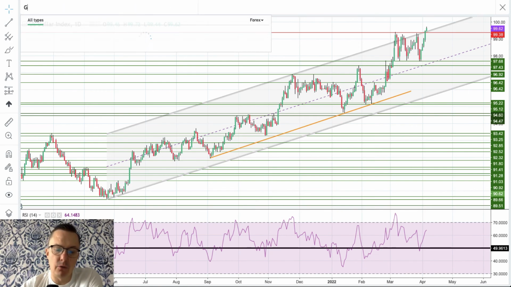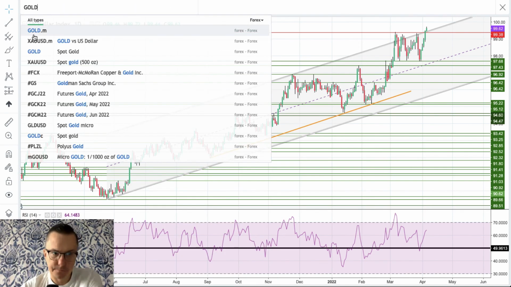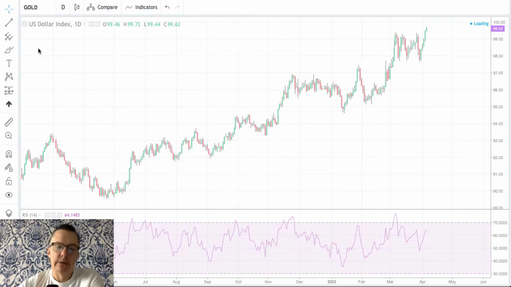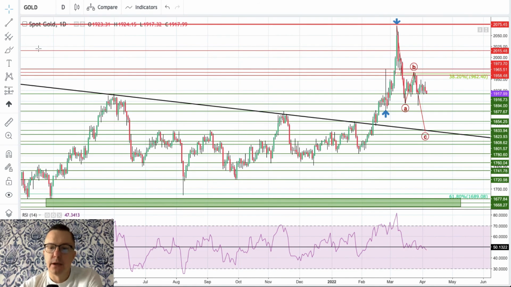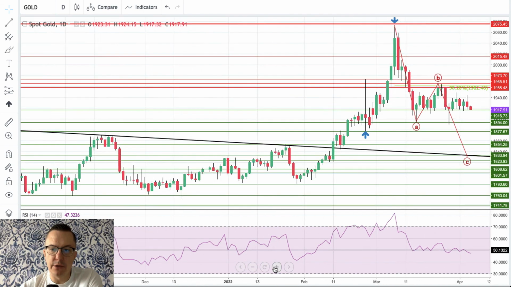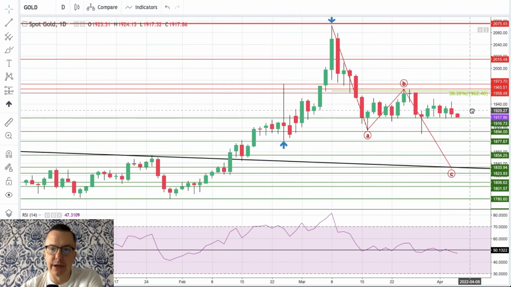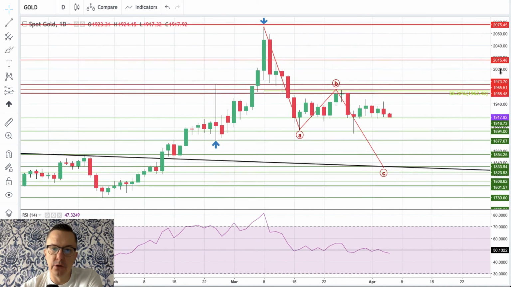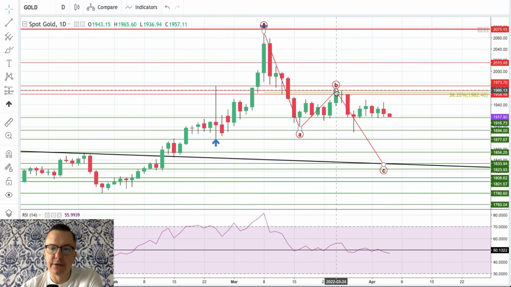If it is so, what is gold doing? The spot gold market is doing what the spot gold market should do when we are talking about a rising dollar. Gold looks to the downside. Why? Because there is still a third wave missing here, the wave C. Of course, we need to break below 1,918.